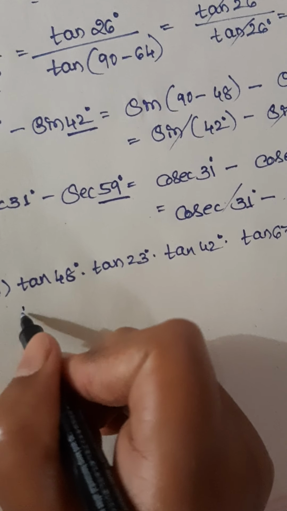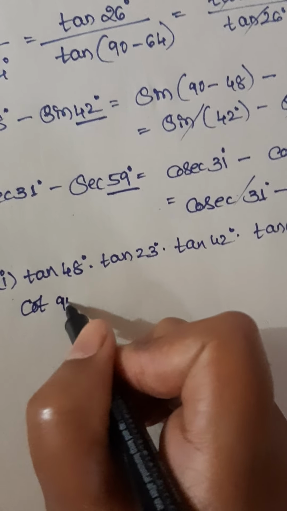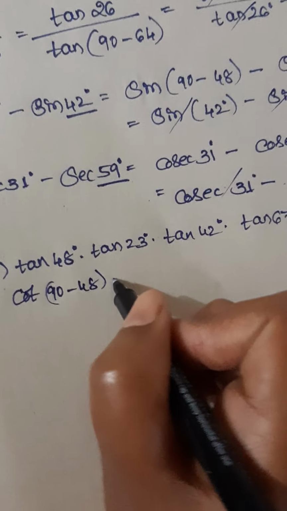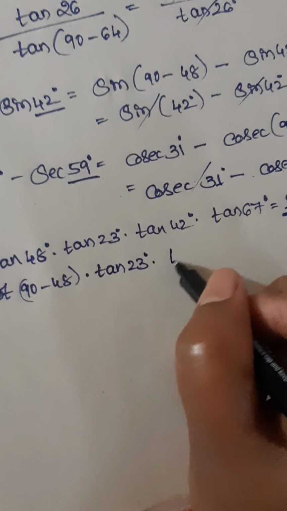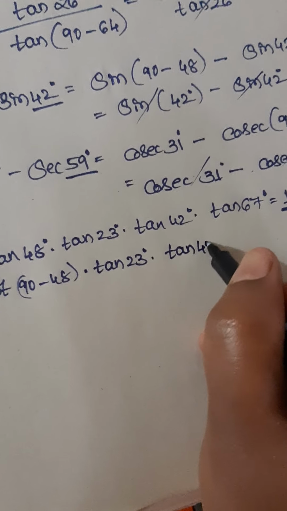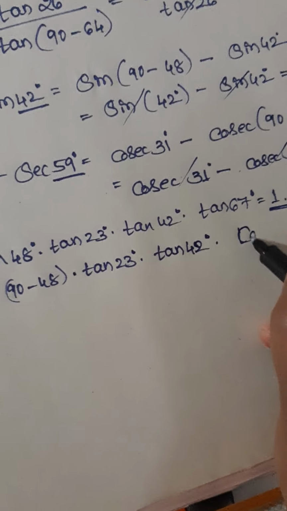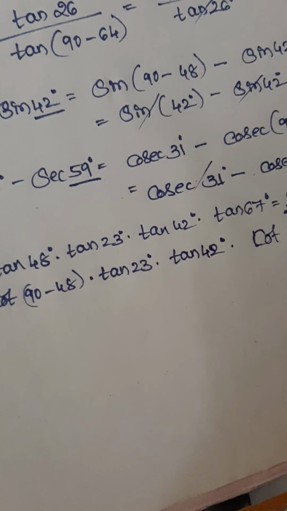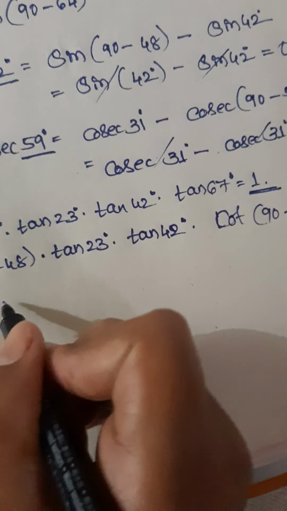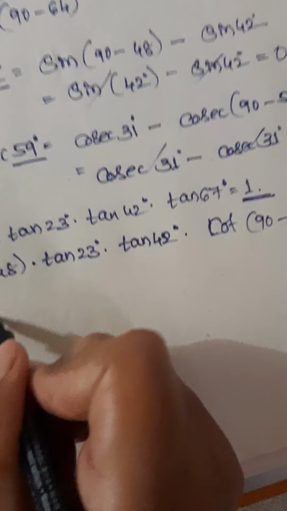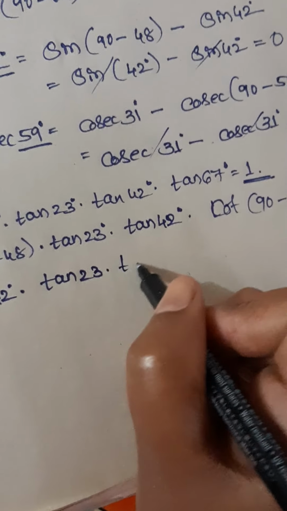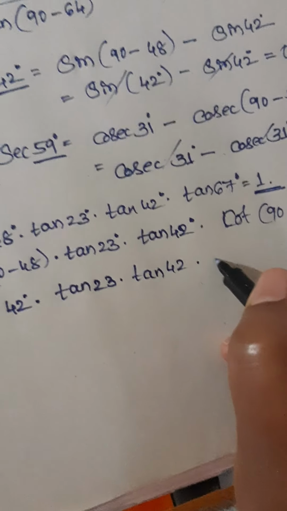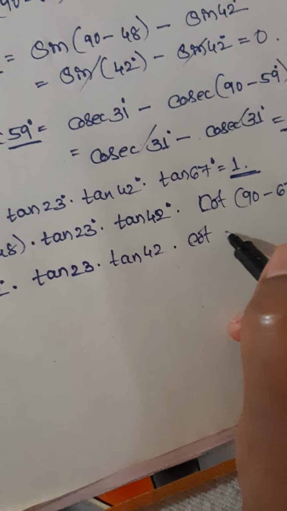So tan 48 here we can write as cot 90 minus 48 into tan 23 as it is because it is less than 45. Tan 42 again as it is because it is also less than 45. So again cot 90 minus 67 because it is above 45. Cot 90 minus 48 will be 42, into tan 23 into tan 42 into cot 90 minus 67, it